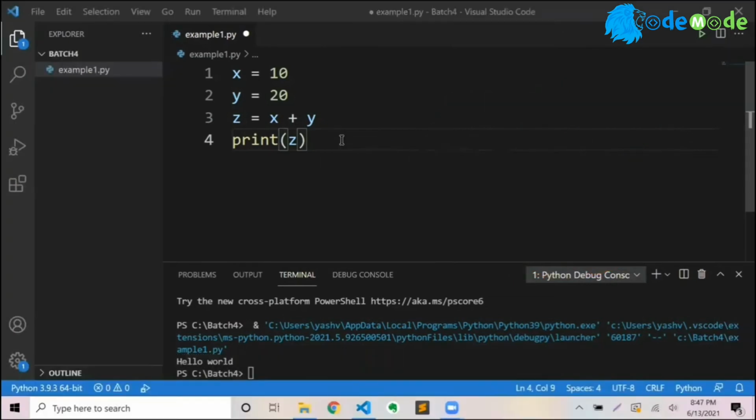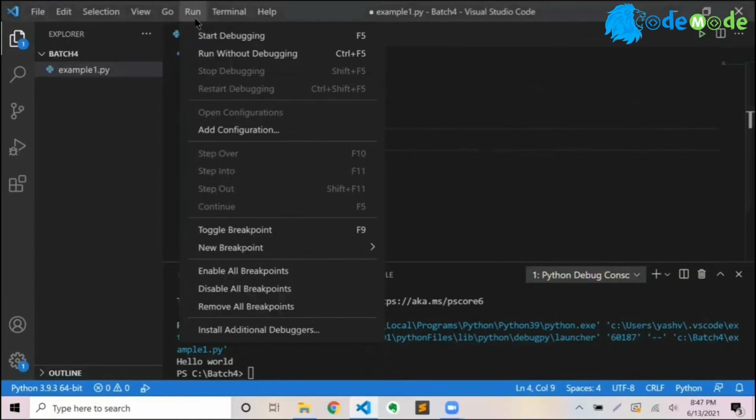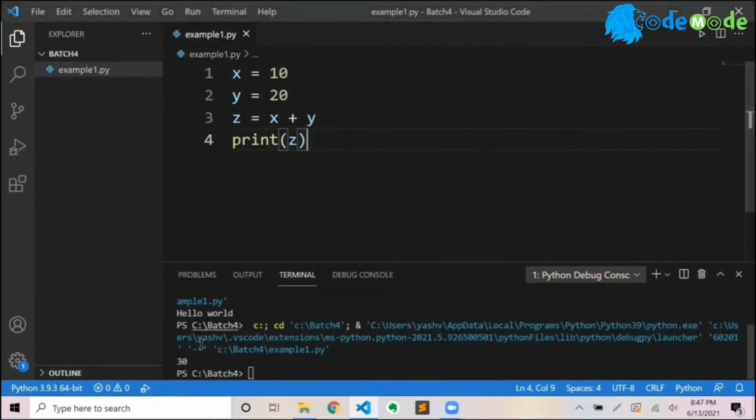Okay, so if I run here, run without debugging, it's 30 at the bottom here. It ran the program and it says 30 and exited. So print is one command. Print has different variations. I can print multiple values. For example, suppose I want to print a value with a message.